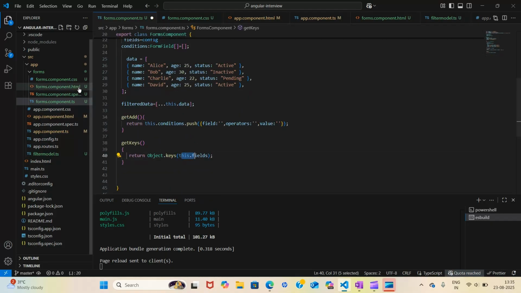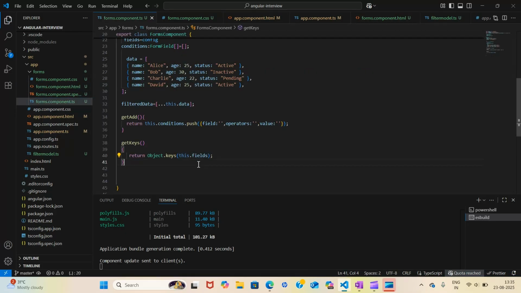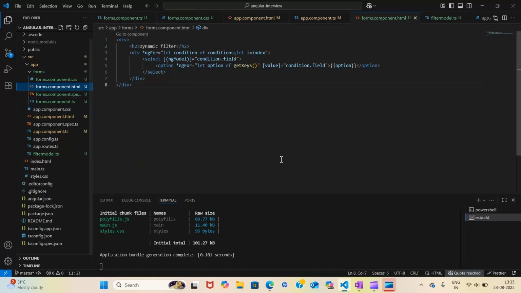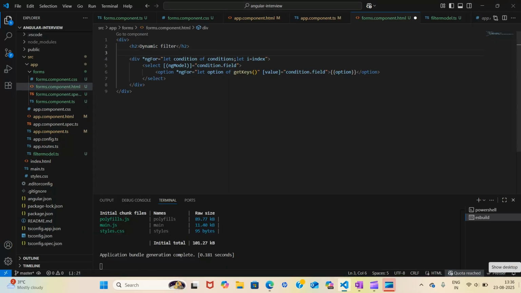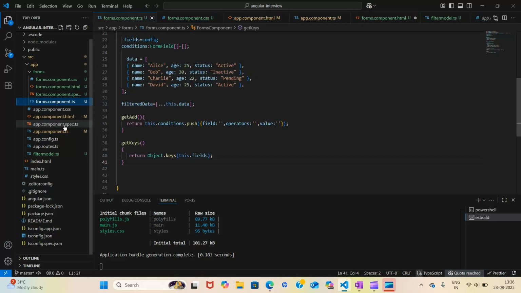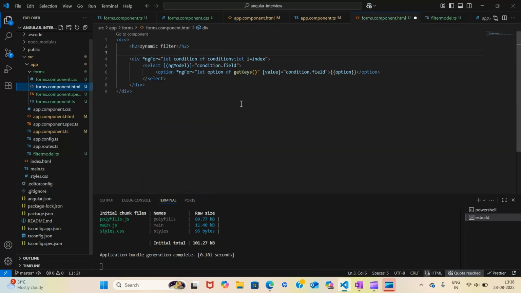Okay, now I've created this add, but do you know if I save this, will it work? We will do it step by step so that you know what all errors may come. Now you will see that only the dynamic filter heading will come, and no drop down is coming. Why? This is because you haven't provided any button to create, and initially you have provided an empty conditions array, and this filtered data will be displayed, but I haven't used it in HTML. So first of all I want my drop down.